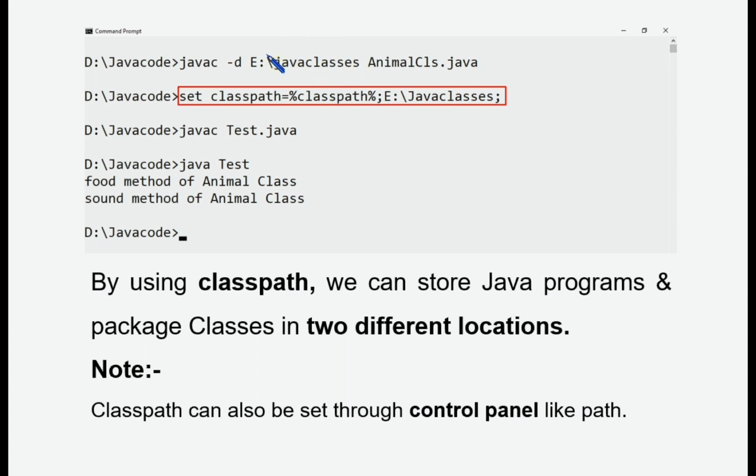In this folder this animal class will be generated. Now, as usual, you compile the test.java file and interpret. Now we can get the output. By using class path, we can store our Java programs and .class files in two different locations. Like path, class path can also be set through the control panel.